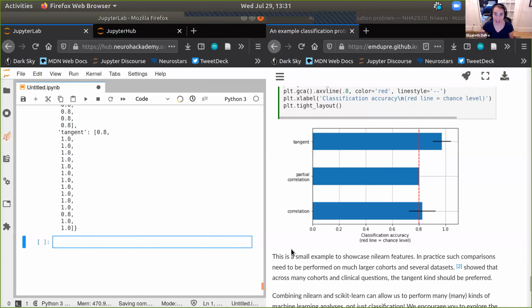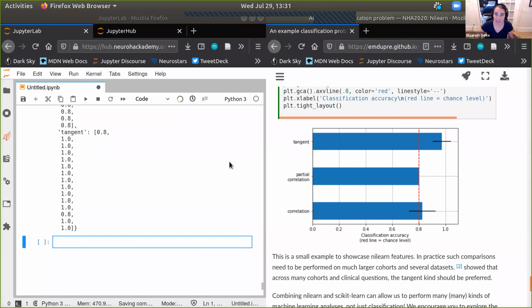And I just want to emphasize, because we do have some time for questions, and I'd love to take questions, that this is really a small example to showcase Nilearn features. So this is not to say that tangent space embedding is always going to be better in these kinds of situations. We really can't make that conclusion from 30 participants. But there have been some studies that have looked into this, and here I'm providing one that suggests that tangent space embedding is quite good. But that's really not the point of the notebook, although I think it's a nice, fun side conclusion.